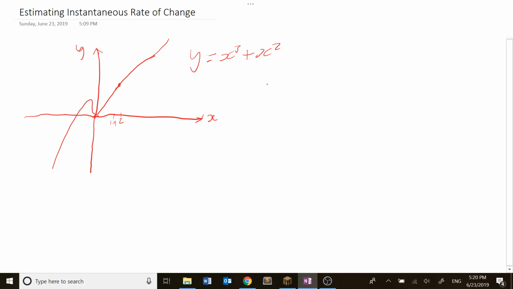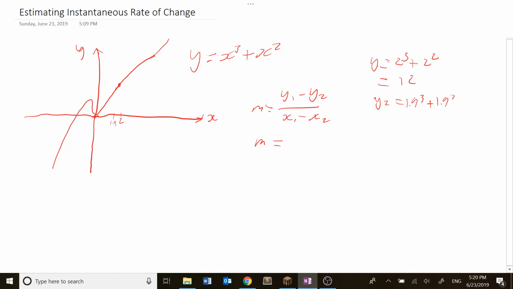y1 minus y2 over x1 minus x2. So to figure this out, y1 is obviously y equals 2 cubed plus 2 squared, which equals 12, and y2 equals 1.9 cubed plus